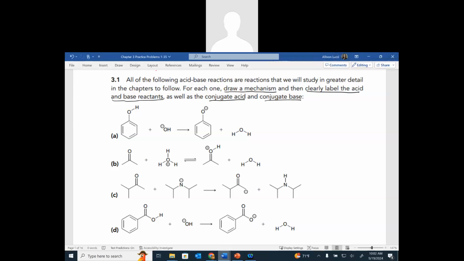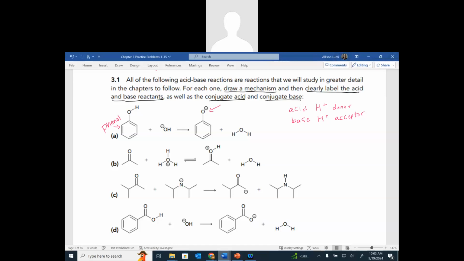If you recall, an acid is a proton donor in the Bronsted-Lowry classification, and a base is a proton acceptor. So an acid will give up its proton. Let's take a look here at this first reaction. And if you're unsure of what species is behaving as an acid or base, you can always take a look at the products. So in this case, phenol, this species over here, this is our phenol, it has lost